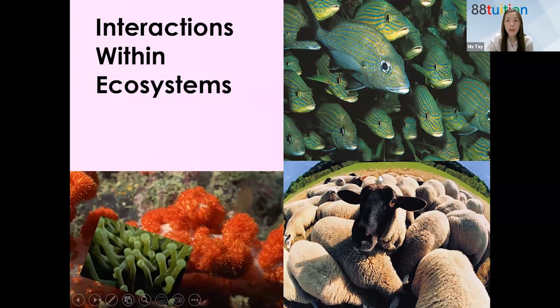Can you see my slides? Okay, so, interaction within ecosystem. Anybody not doing this topic now? Put up your hand or give me a thumbs up. Harini is not doing this. Now I understand, I saw your responses. Anaki also not yet, it's okay. Do you feel like this is something you have learned a few years back? Similar, right? But slightly difficult, and it's a little bit of a mix of what we are learning this year also.